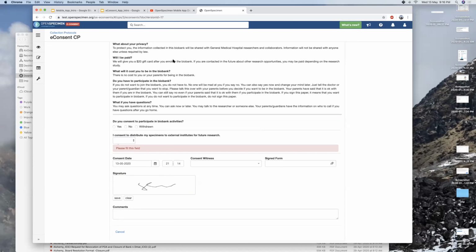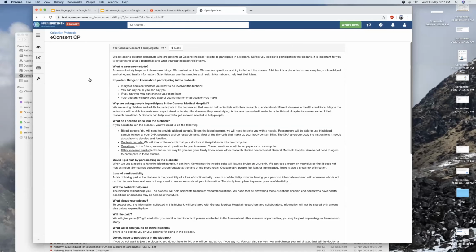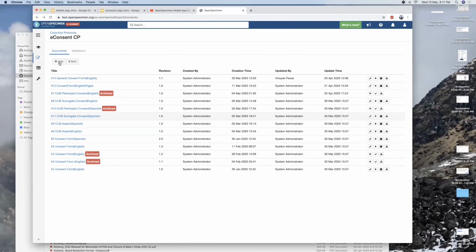Right now I'm still within the collection protocol, so I'm just showing you the configuration of the consents. You can add a new consent, and you can also update existing consents. You see the toolbar on the right: you can create a new version of the consent, archive the consent document, or download the document so that, say you are in the test server and want to migrate it to the production server, you can do all that. And the consent document itself is formatted using HTML.